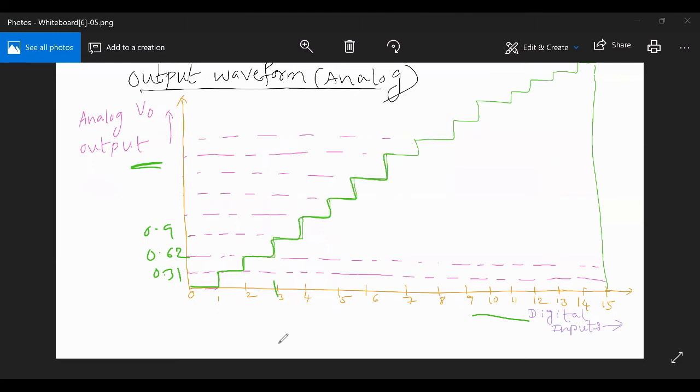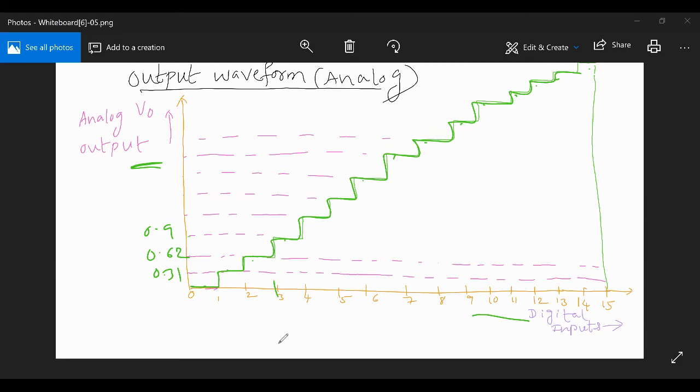See, now it's a continuously variable signal, therefore it's called an analog signal. Now you can calculate the number of steps also here. So, 0, 1, 2, 3, 4, 5, 6, 7, 8, 9, 10, 11, 12, 13, 14, 15. Right? So 15 possible output values are there. Why 15? Because 0 to 15 is 16, so including 0 it is 16, excluding 0, 15 steps we have got.